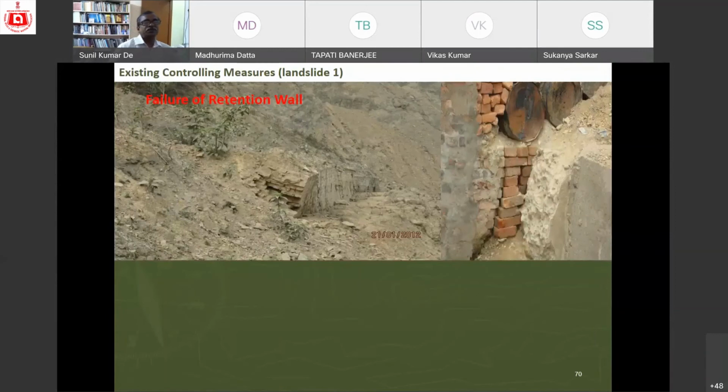See, I told you about our departmental activities, most of these government departmental activities. It was sanctioned. The government has sanctioned the money for constructing a retention wall, but they have constructed it without any scientific investigation. See here, do you find any cement here? Maybe only this sand and mud, they have mixed it. Without any cement, they have arranged it this way along the slope.